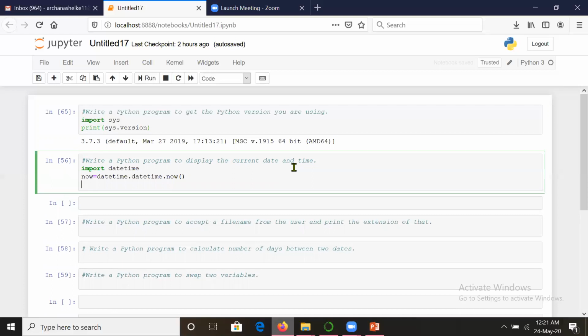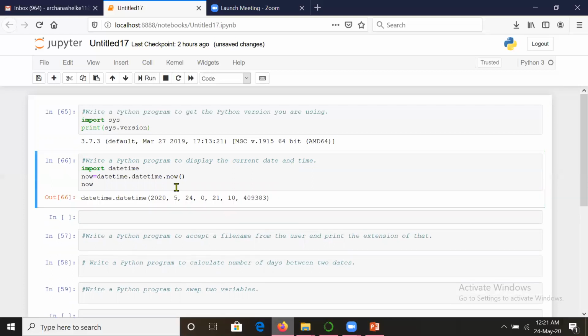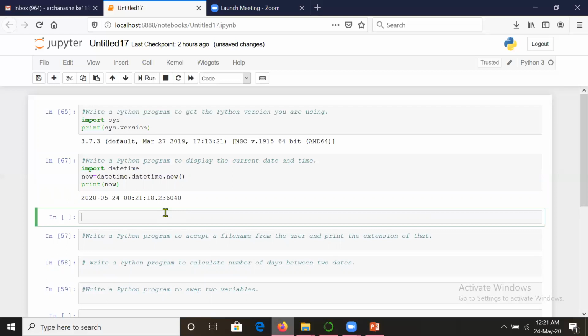So let us print it so that it gives it in a good format. It is showing you the date in the format year, month and day: 2020, May and 24th, and it is giving you the hours, 21 means 12 hours, 21 minutes, 18 seconds. So this much detail it is giving.